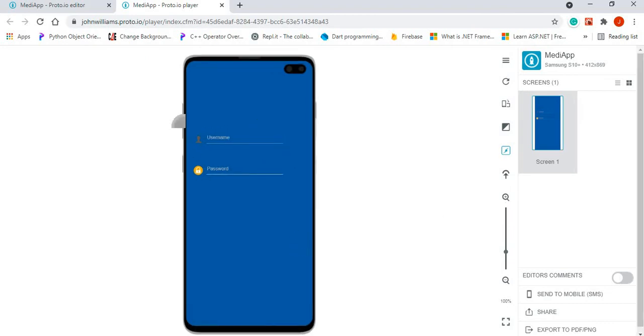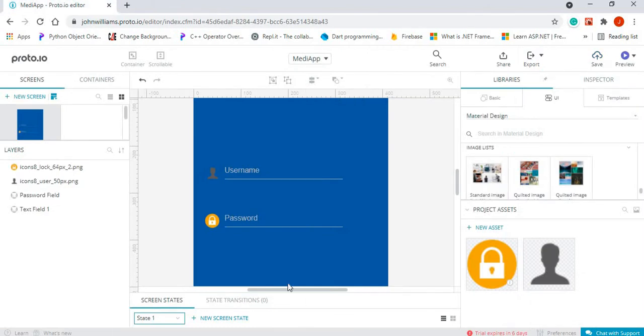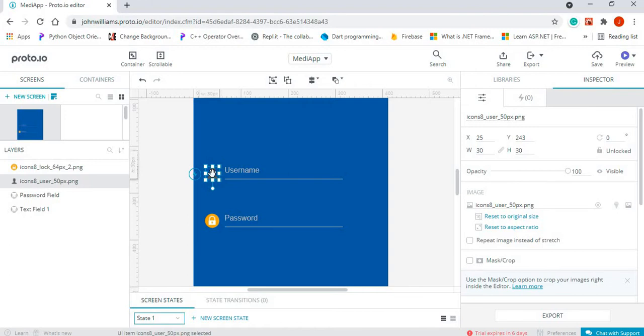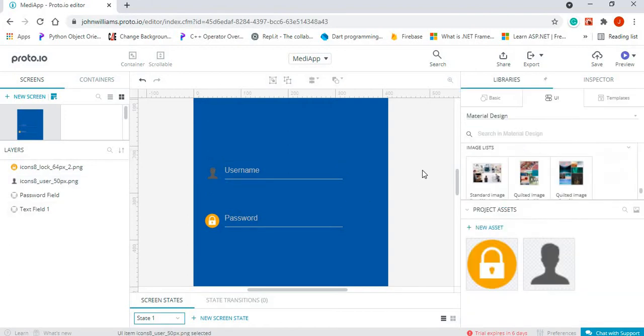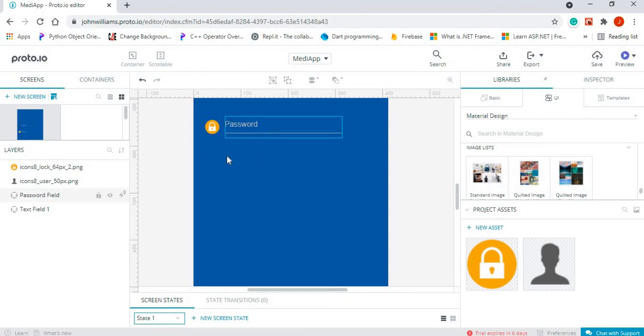Not too bad. If you're not liking my images, then you can go ahead and use other images. I might change this user icon, but let's just leave it there for now. The next thing I want to do is add, for example, a checkbox,